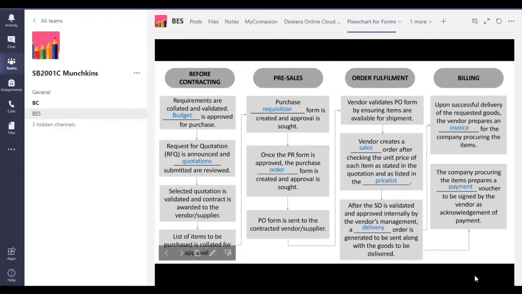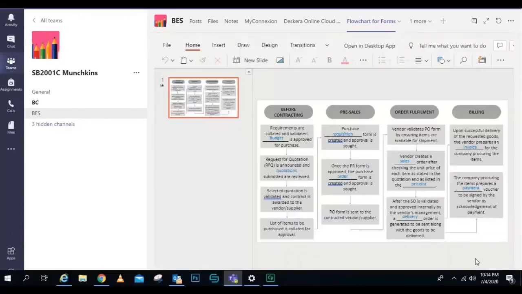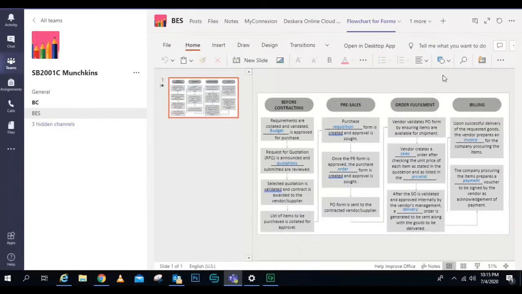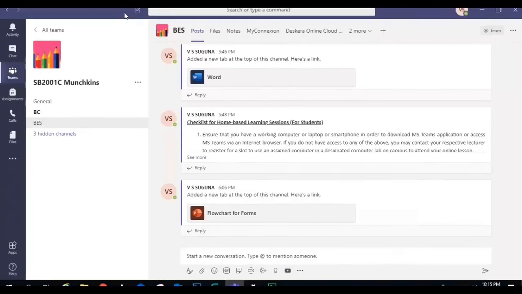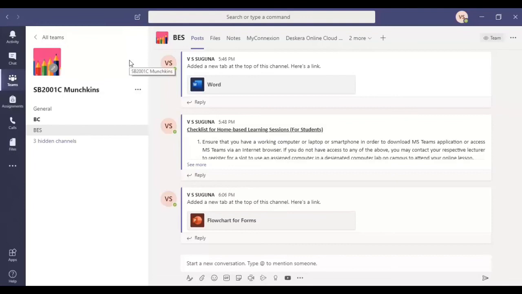So that's all for my review of what is there in BES MS Teams for your class in order to make this home-based learning as successful as possible. I do know that given these circumstances, it's quite challenging to run through exercises without face-to-face interaction with the lecturers, but please be assured that we are doing all that we can to make sure that your learning is not